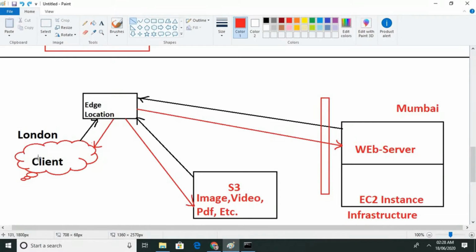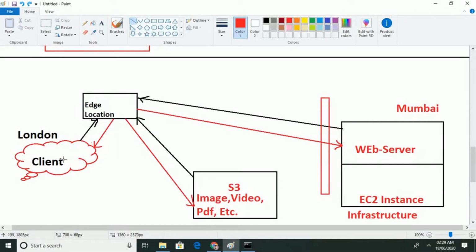Suppose a client requests a website, first it will go to the edge location, and the edge location will check whether there is anything in its storage that the client wants.